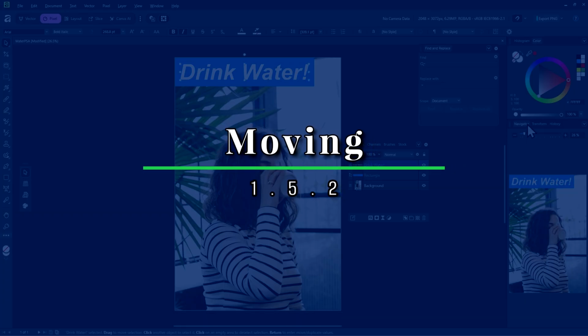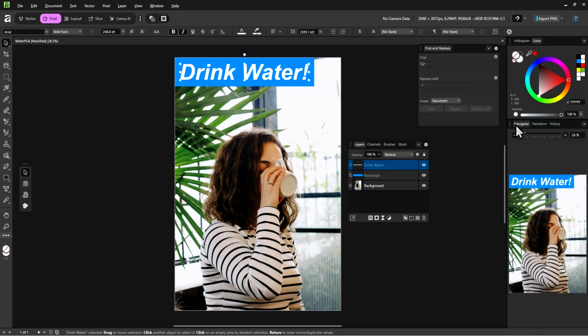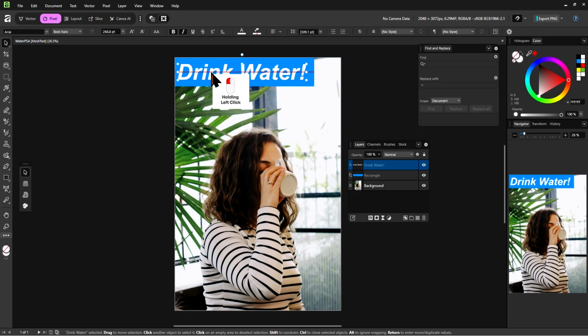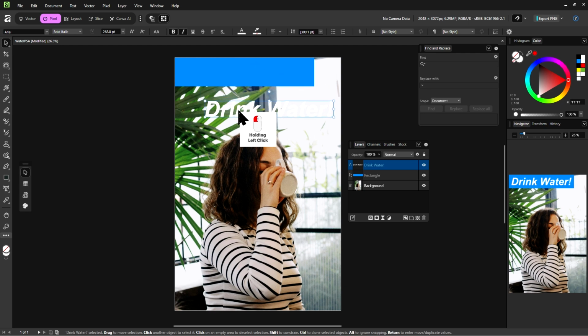So first, we can move objects around with the move tool. With the move tool selected, select an object and then just drag it around. I'll place it here for now.